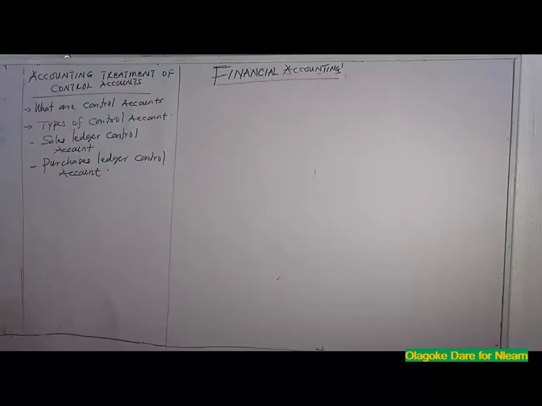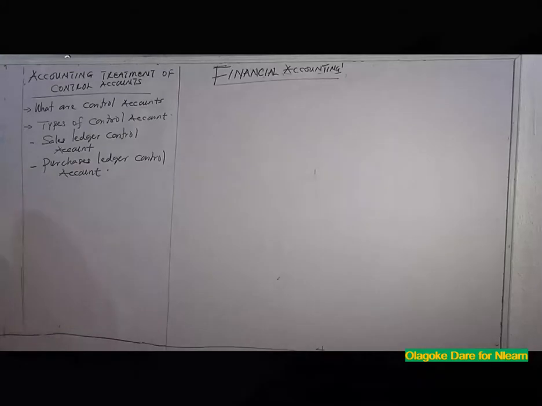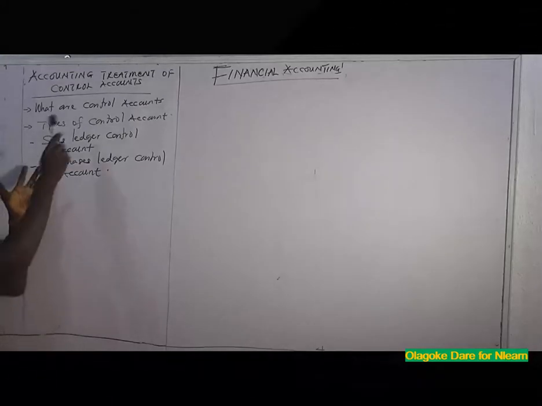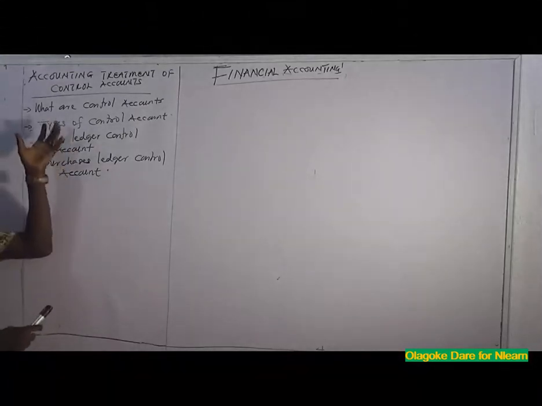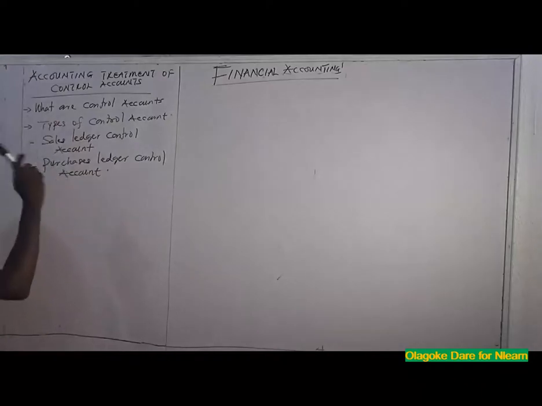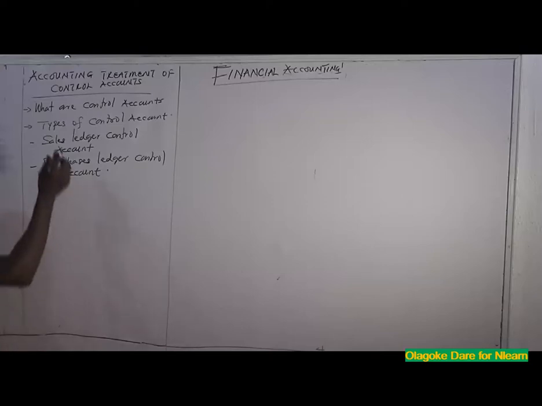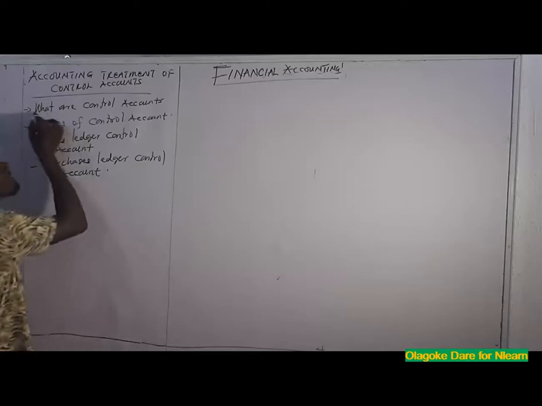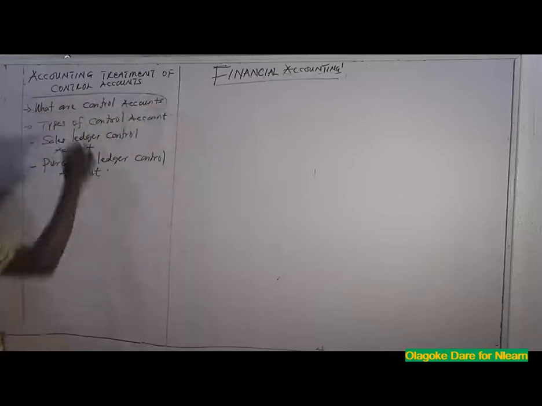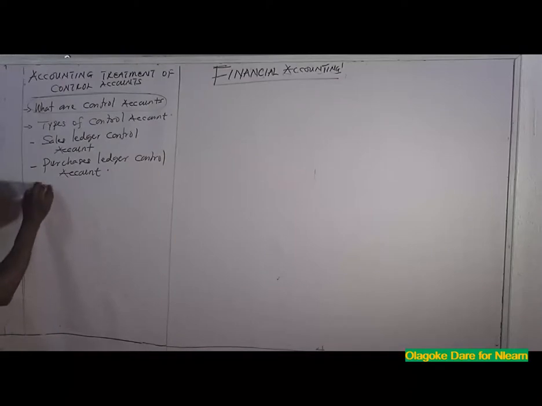Good day once again. This is financial accounting, and we shall look at the topic accounting treatment of control accounts. What you all know as control accounts and a self-balancing ledger. The first thing we need to know is what is a control account. A control account is an account prepared to determine amounts